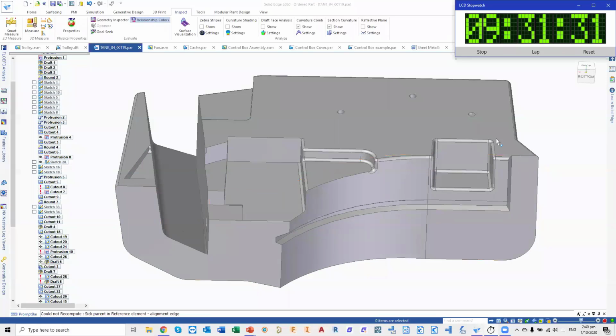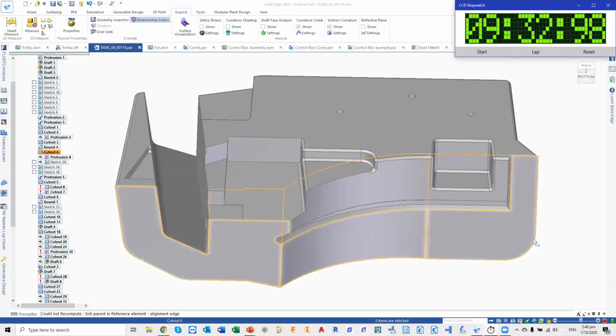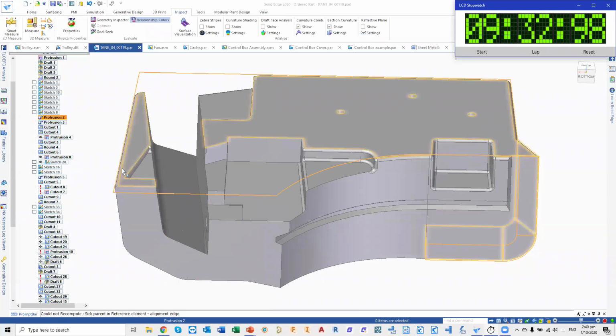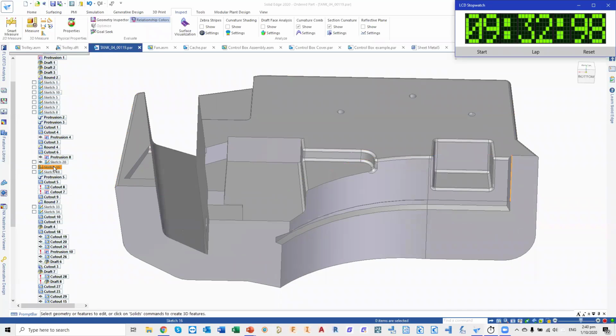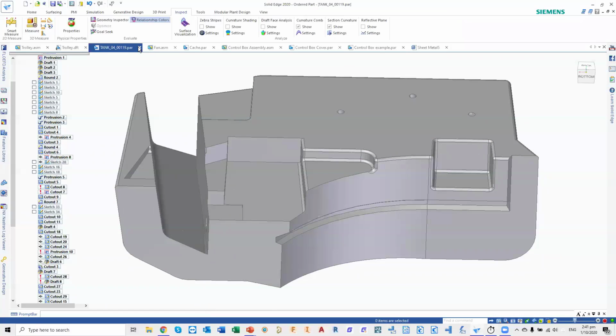Okay, so let's take a look at the time right now. I actually took about 9 minutes and 32 seconds for the first three changes, but for the last change, there are a lot of things that need to be sorted out, so I did not really finish the last change. So let's take it as 9 minutes 32 seconds for 4 changes. Now let's take a look at how synchronous technology can help us make all these 4 changes faster. So let me close this file,